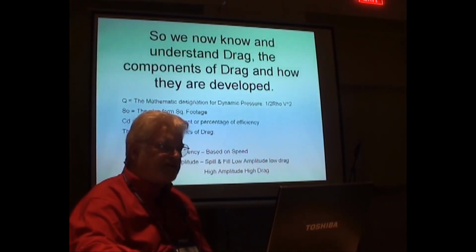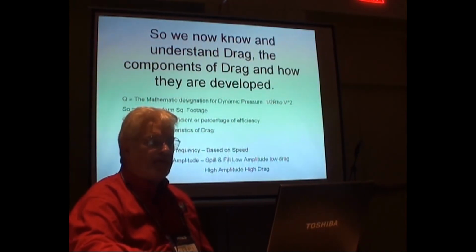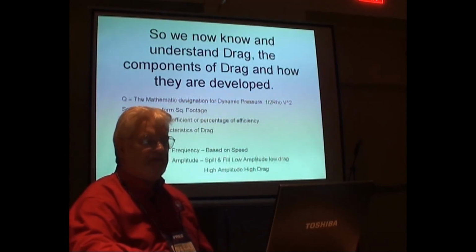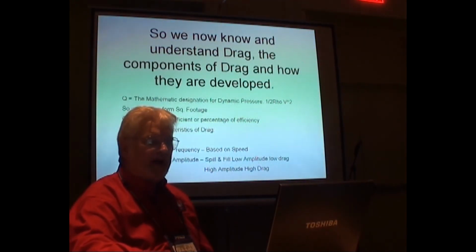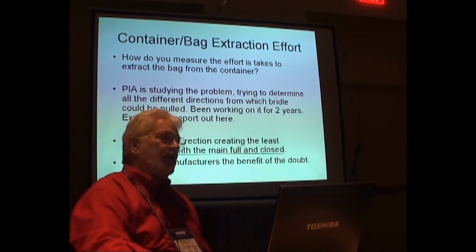The visual characteristics of drag are oscillation, which has two features, frequency and amplitude. Frequency is based on speed; amplitude is, my favorite term, spill and fill. Low amplitude, low drag; high amplitude, high drag. The other half of the equation,